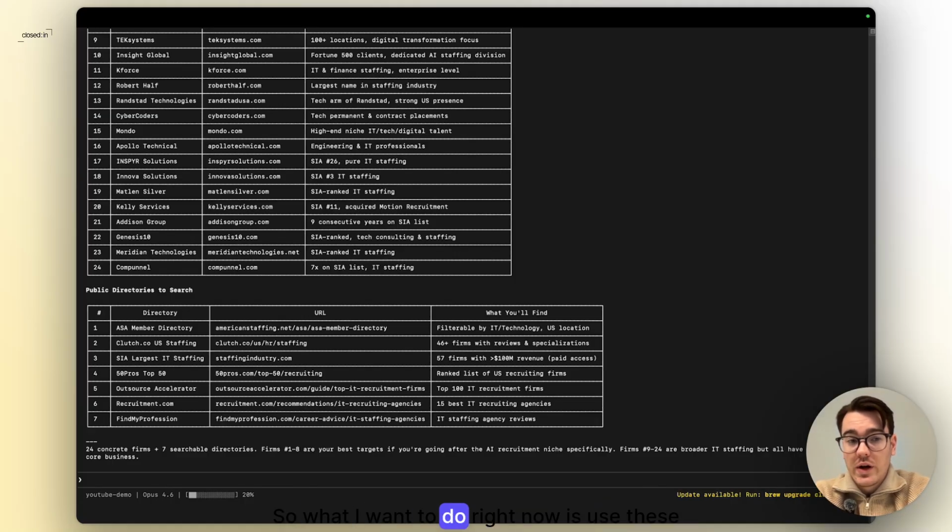So what I want to do right now is use these companies that Claude Code found and get a more extensive list with similar companies. And we're going to use the tool Exa for that. So Exa.ai is an API that can find other companies that are lookalikes to a specific list of input companies. So here we have the list of input companies, and we're going to use that to extend the list,